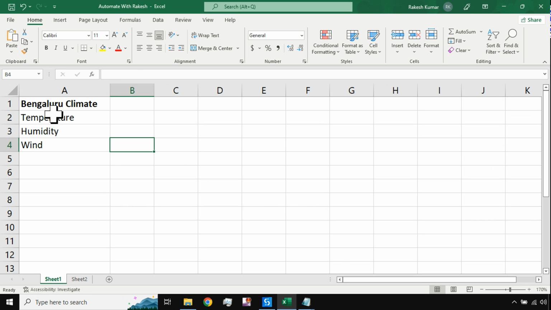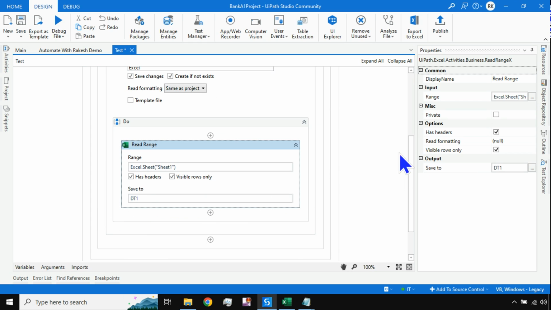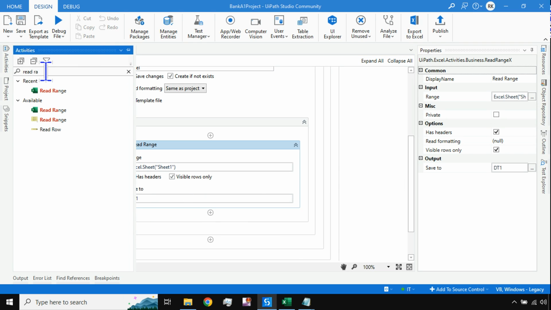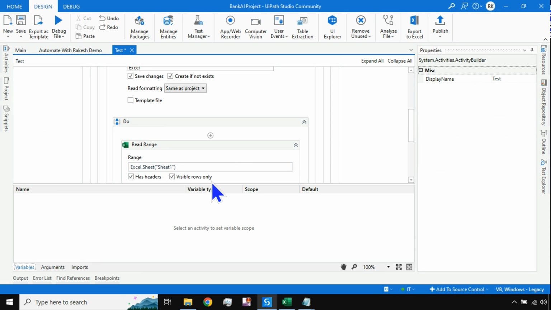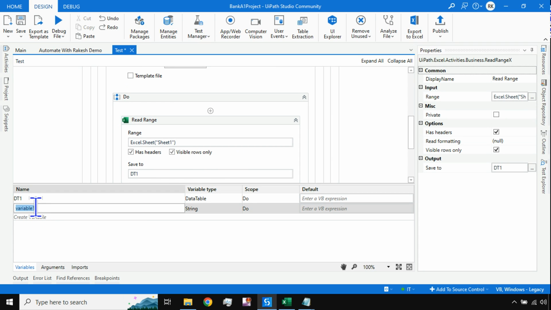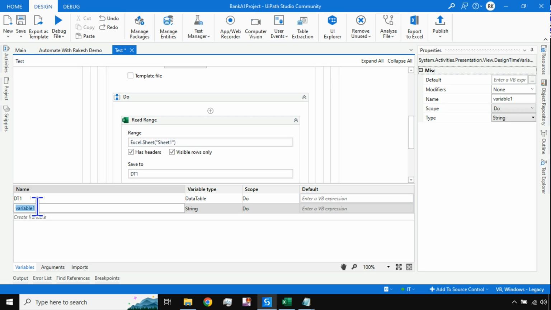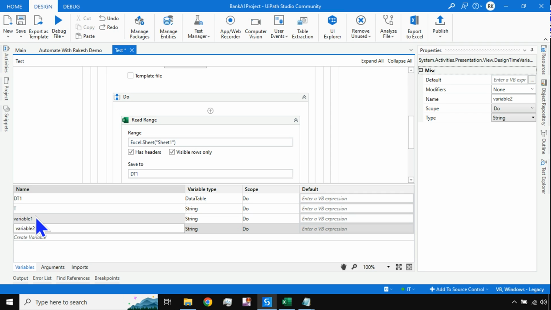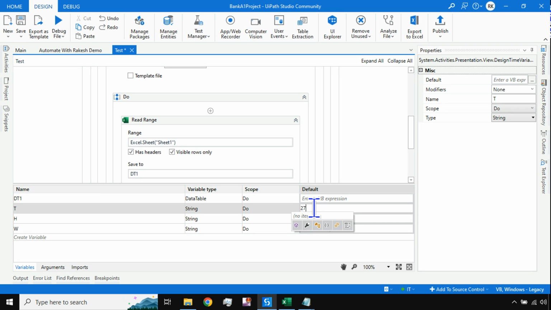For the temperature, humidity and wind I will use hard coded values; later we will try to use variables. So I'll go to the variables panel and create three different variables: T for the temperature, H for humidity, and W for wind. Let's say temperature 27 degrees Celsius,